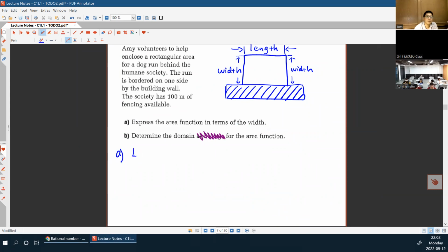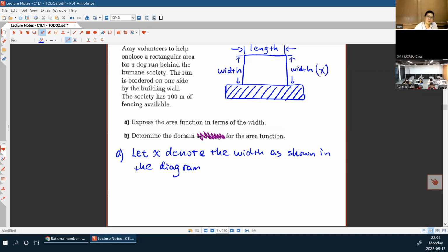So in algebra, usually we'll use letters to denote the real world quantities, right? So here, we want to find the area function in terms of the width. So better to use a letter X to denote the width, right? So let's say let X denote the width as shown in the diagram. So which diagram? Of course, here. This is a diagram. Then we know the length